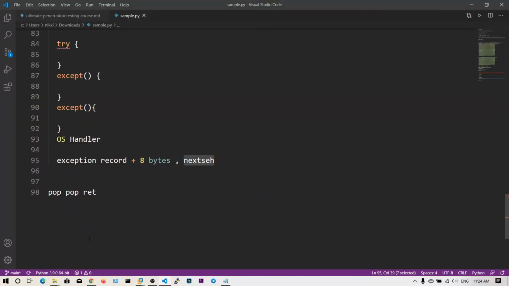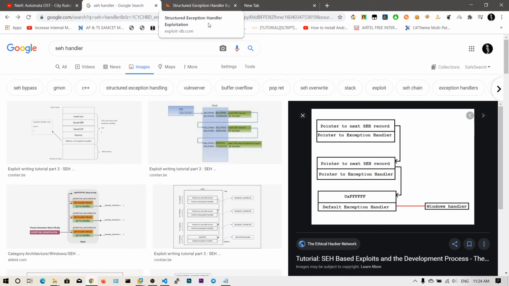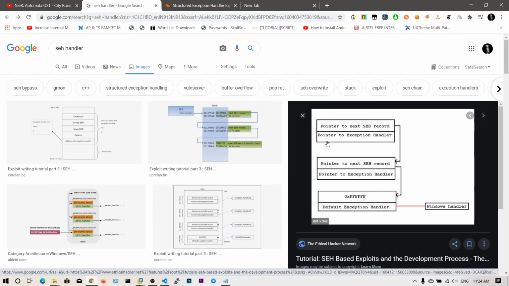So I think that's all about the SEH handler. These SEH handlers are created dynamically when there is a function, and these exception handlers are placed on the stack, and when that function ends, these exception handlers are removed or dereferenced. So that's all about the SEH handler theory. In the next video, after seeing the demo, you will say that SEH overflows are easier than basic stack overflows.